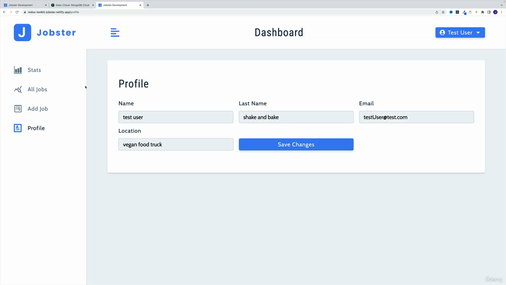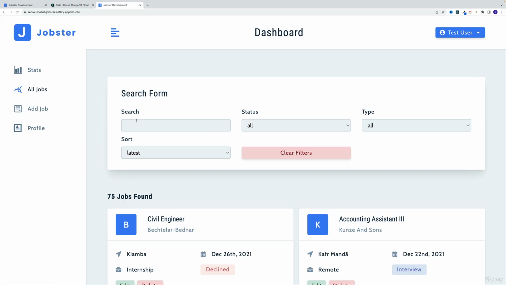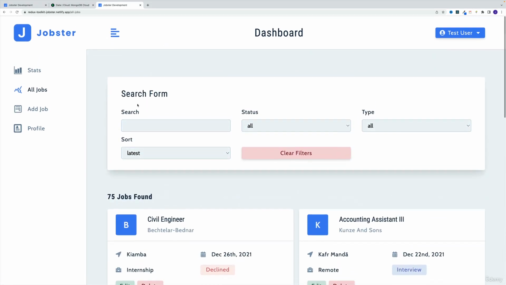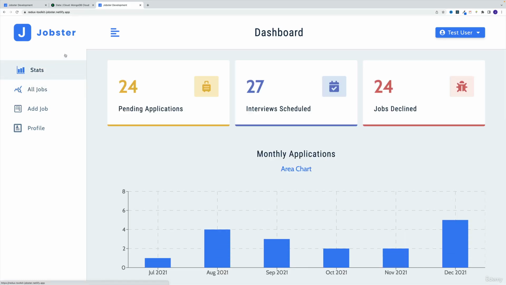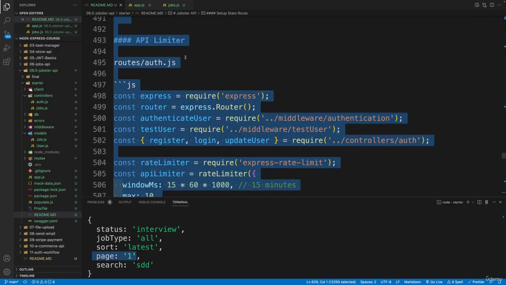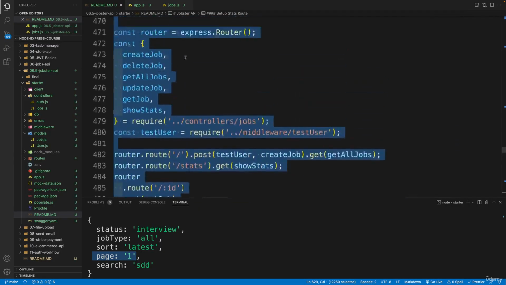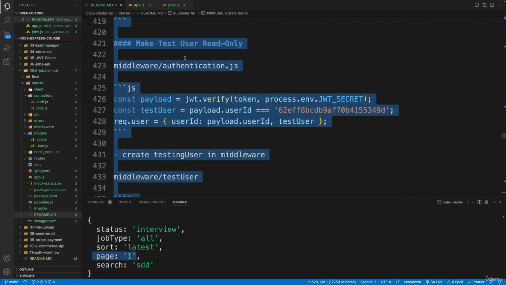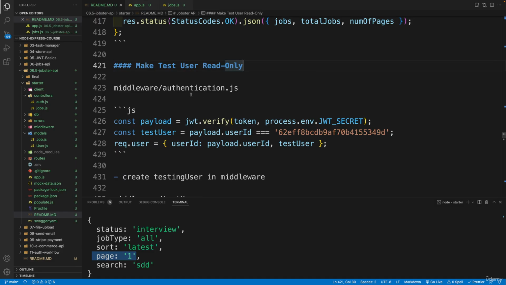So the test user can only come here and take a look at the final application. So take a look at the jobs, perform the filtering, take a look at the stats and all that. But he or she cannot perform any CRUD operations. And the way we'll do that, essentially, there's multiple ways, but I'm going to go with this approach where, remember,